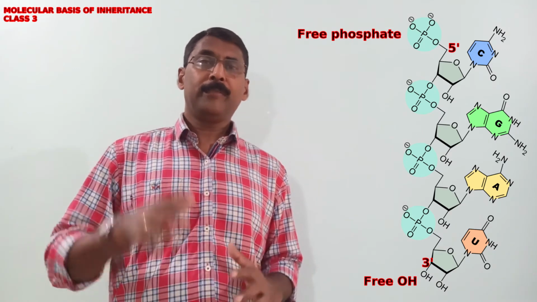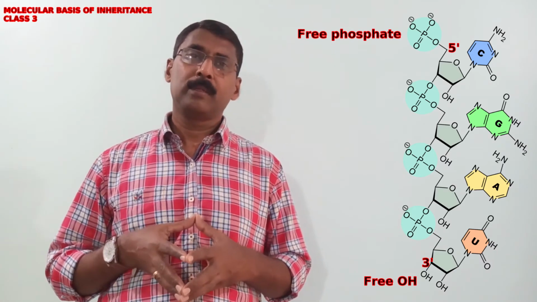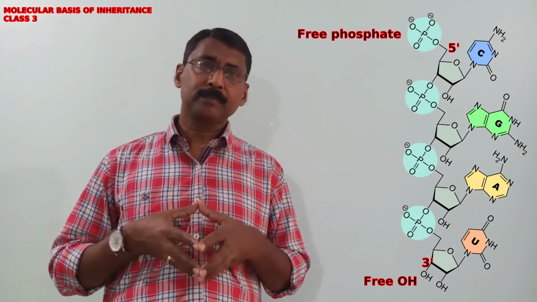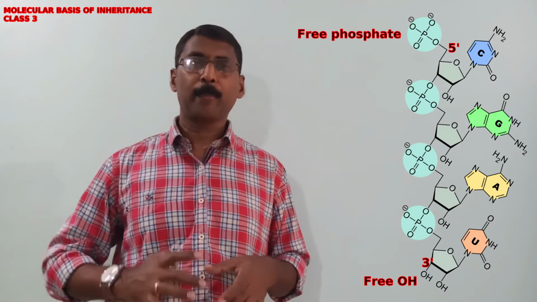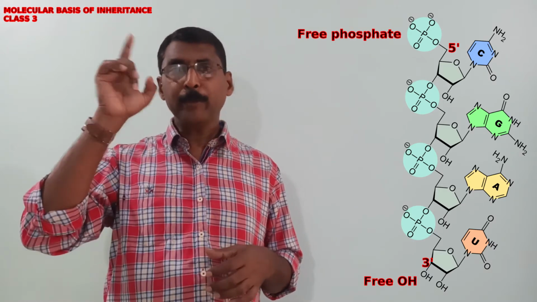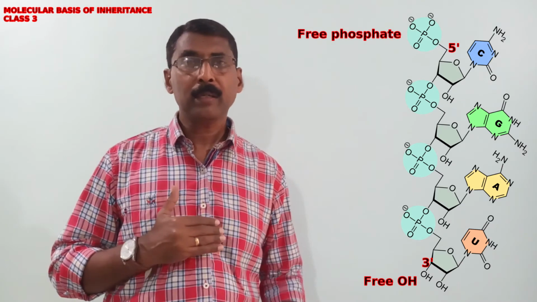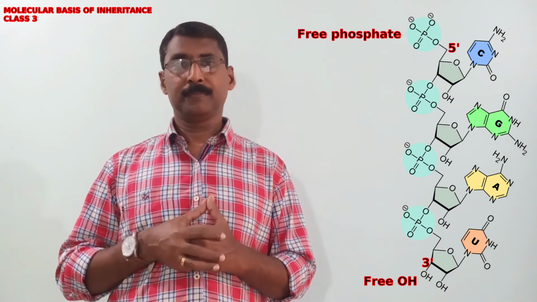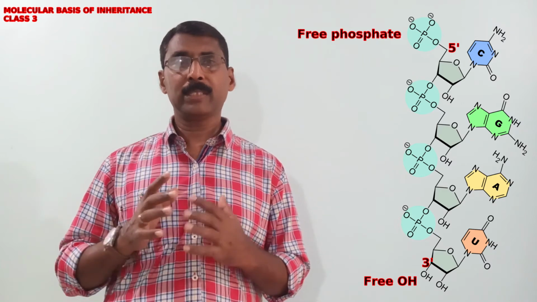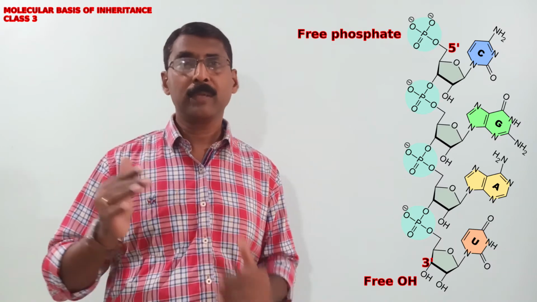So, each strand in the DNA molecule possesses two distinct ends, a 5' end and a 3' end. So we can say the strands have polarity. The two strands in the DNA molecule